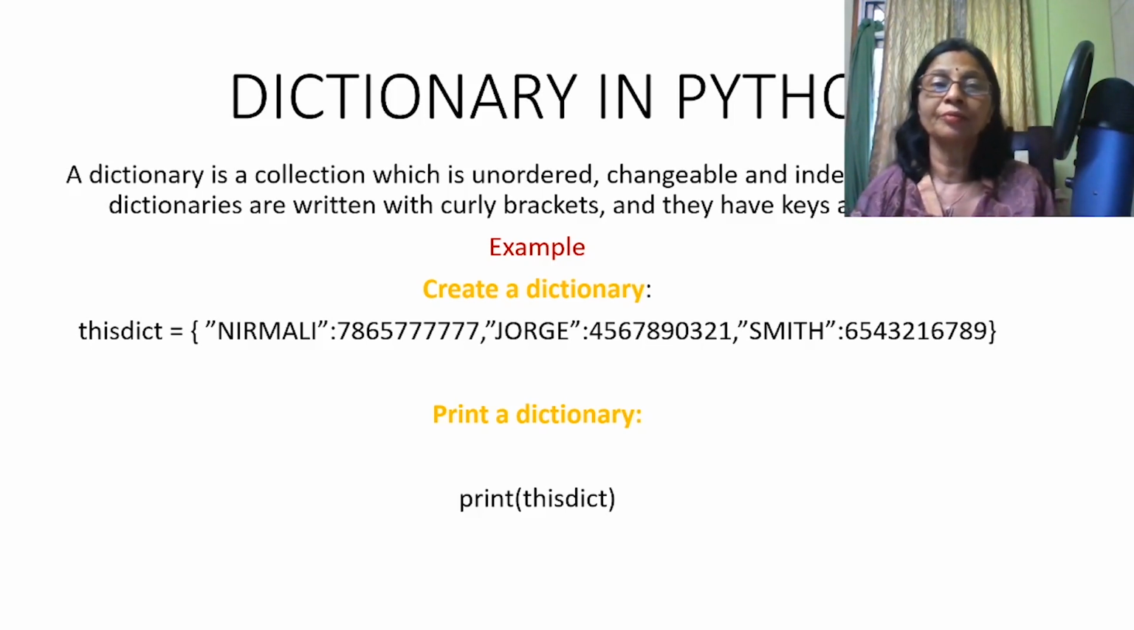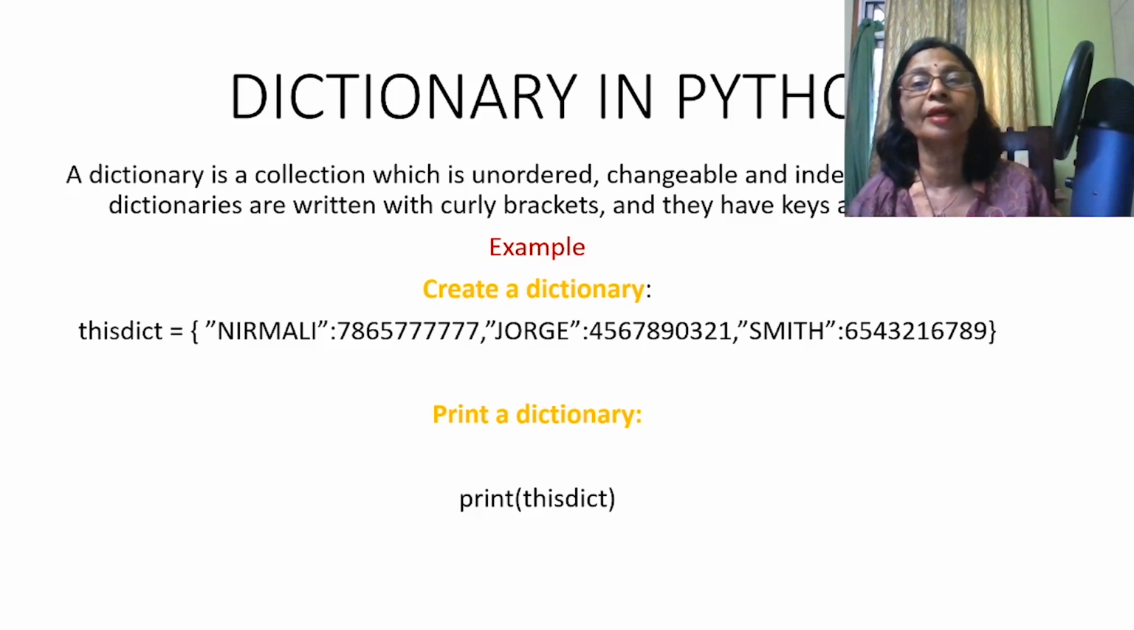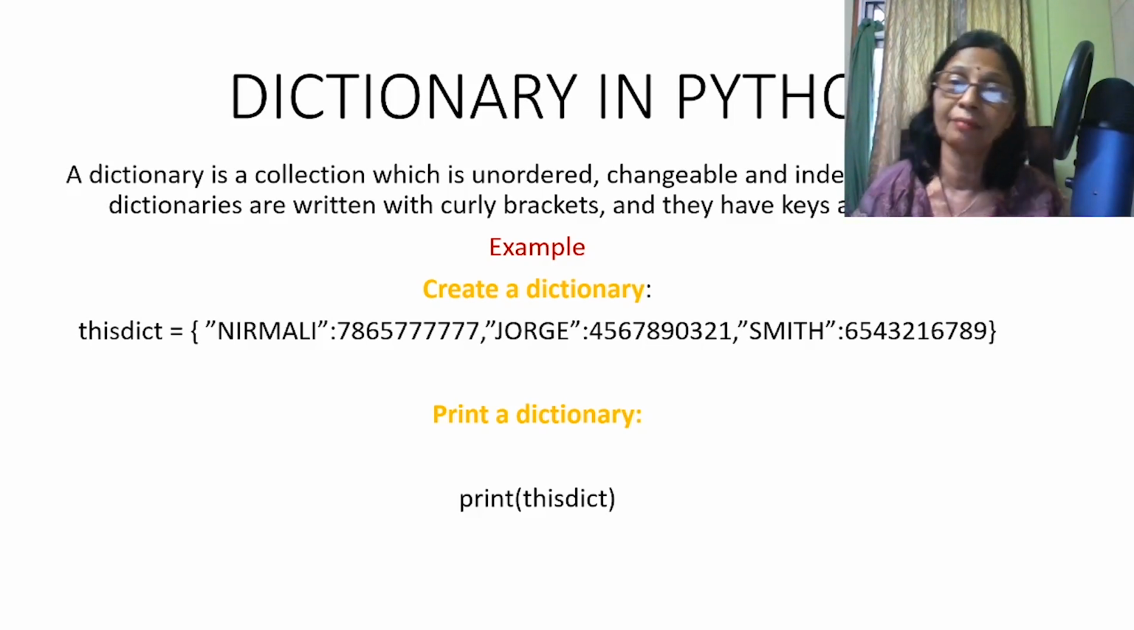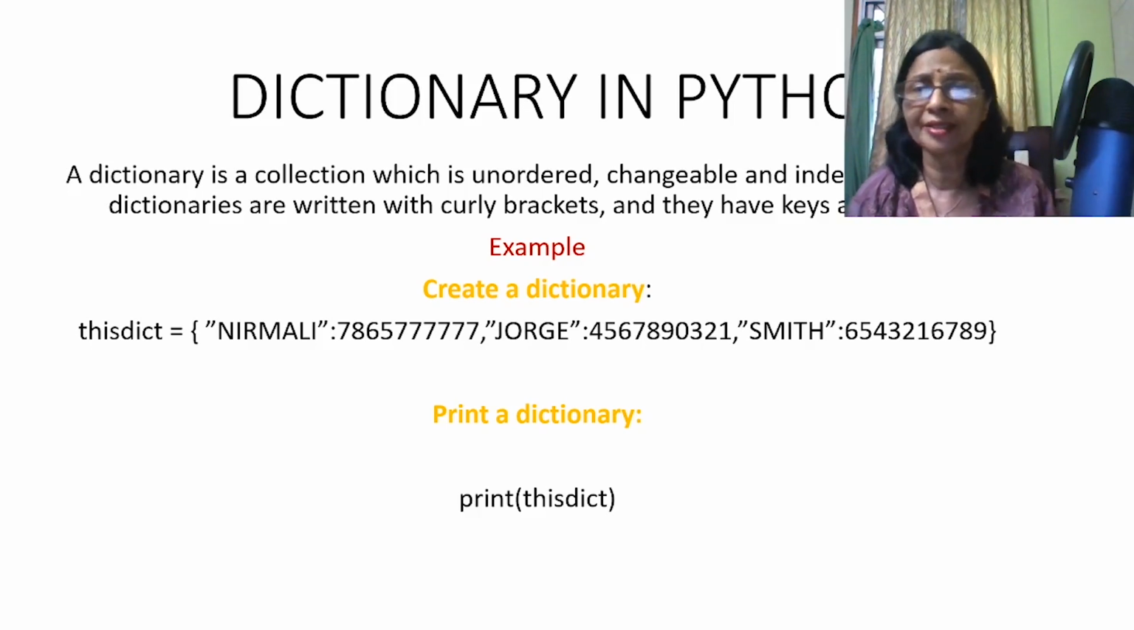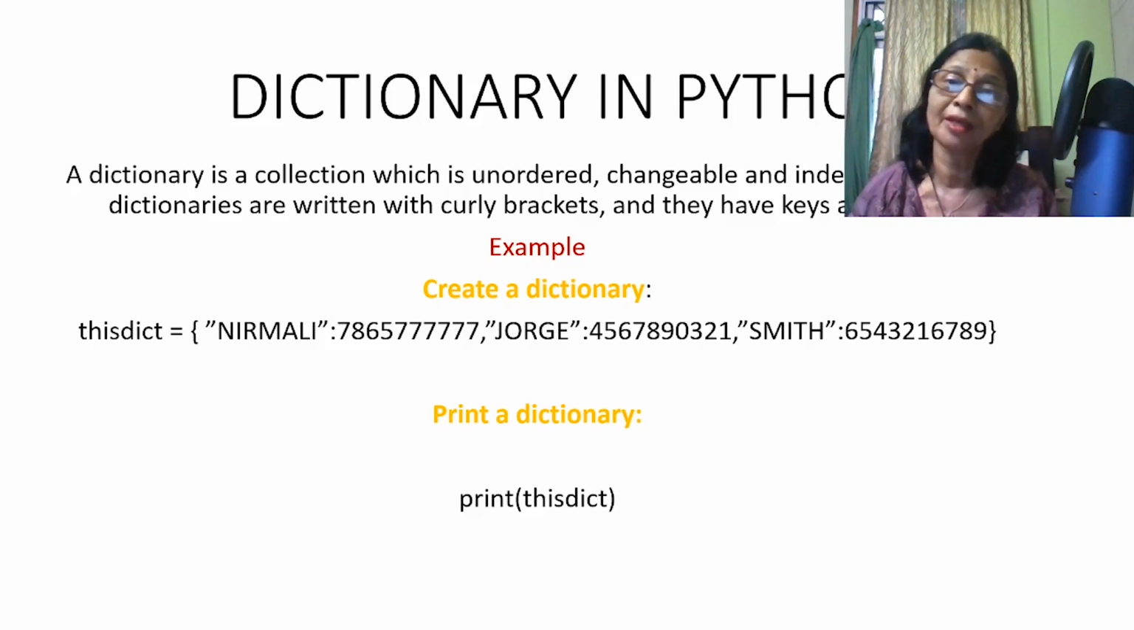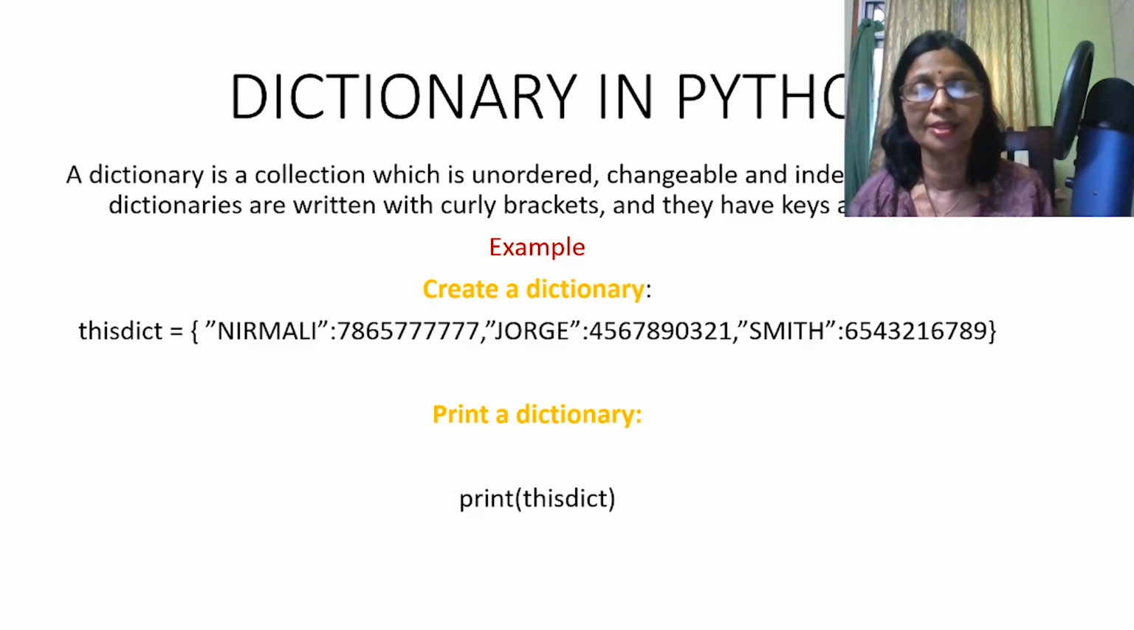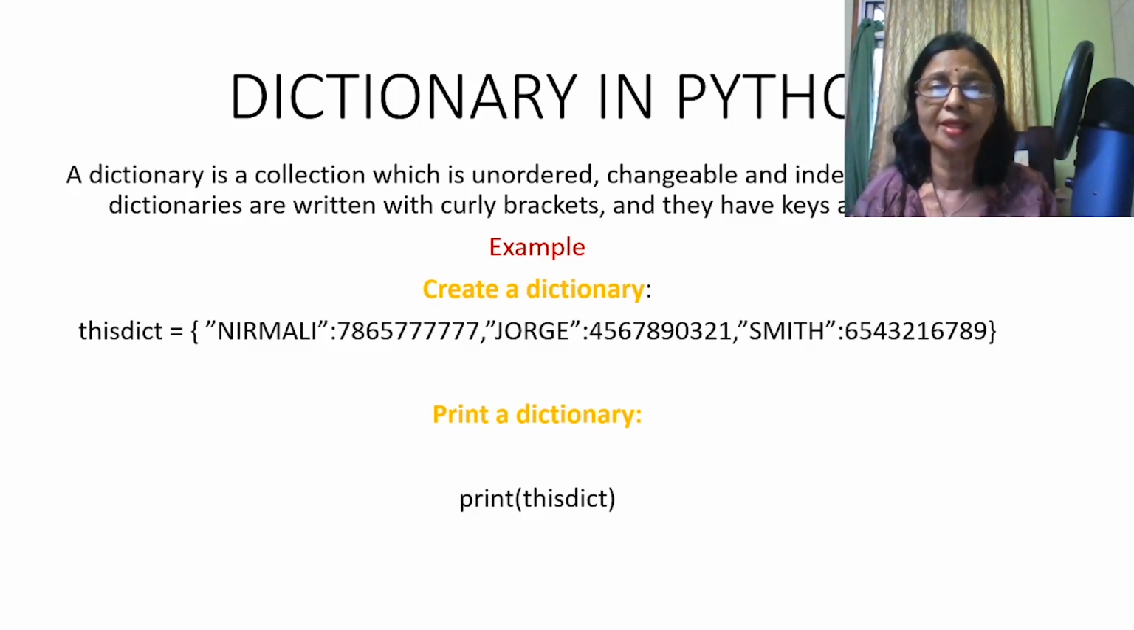So now we will learn the definition of a dictionary. A dictionary is a collection which is unordered, changeable, and indexed. In Python, dictionaries are written with curly brackets and they have keys and values. I think unordered, changeable, and indexed are already clear to you, because in my previous videos I discussed in detail the mutable, immutable, ordered, unordered, and indexing concepts in lists, strings, and tuples. So in this case, a dictionary is